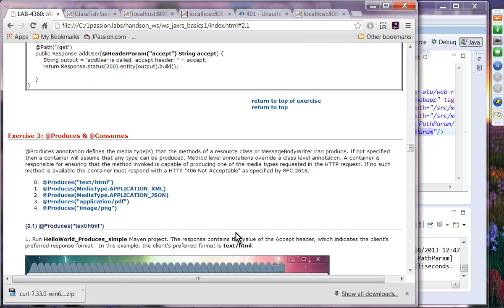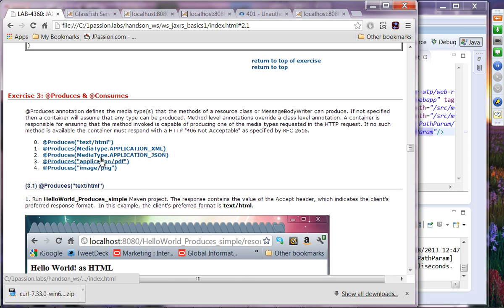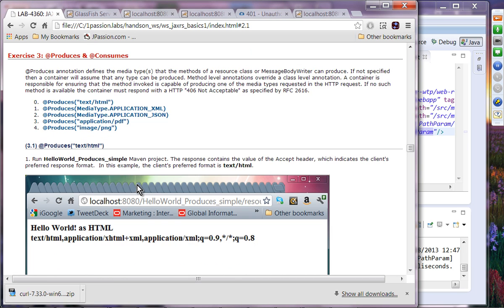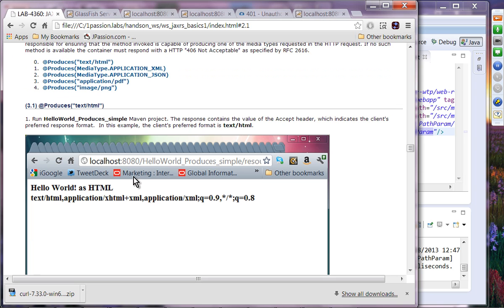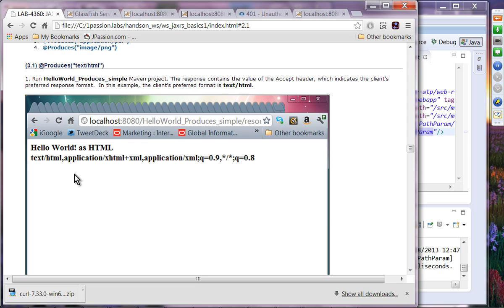So let's take a look at exercise 3. Here we are dealing with produces and also consumes. In our case, let's do hello world produces simple. I'm going to explain it and then actually do it. It will just display the content from the accept header. This accept header says that it can receive the response in the form of HTML, XHTML, and XML, and XML is the